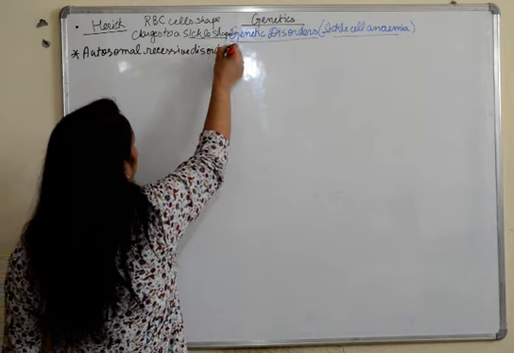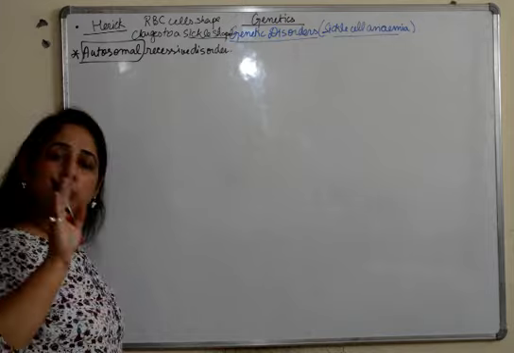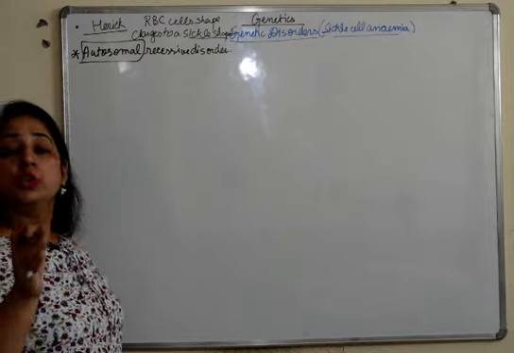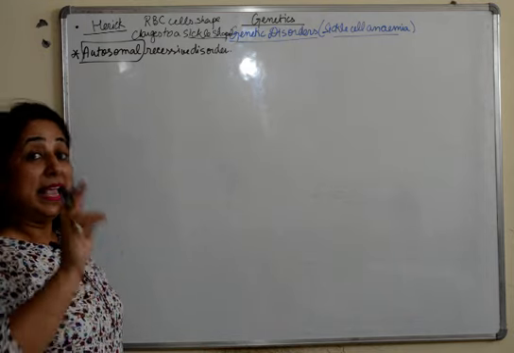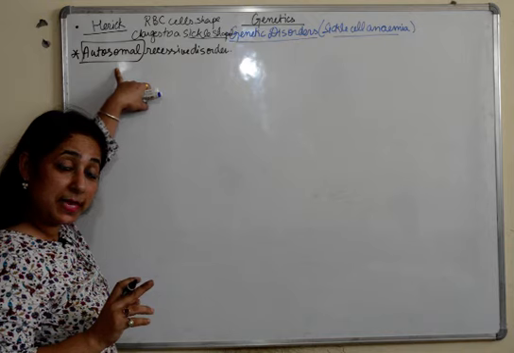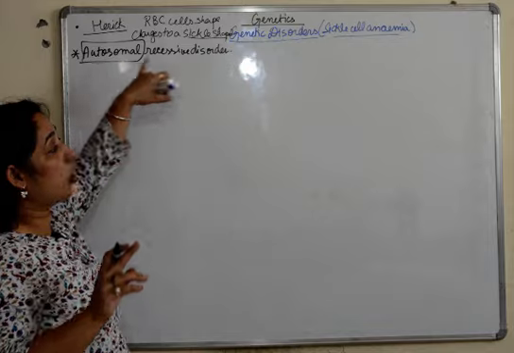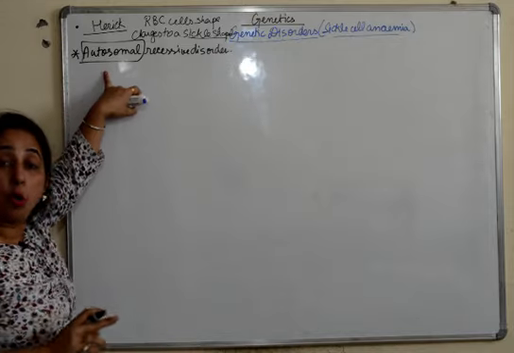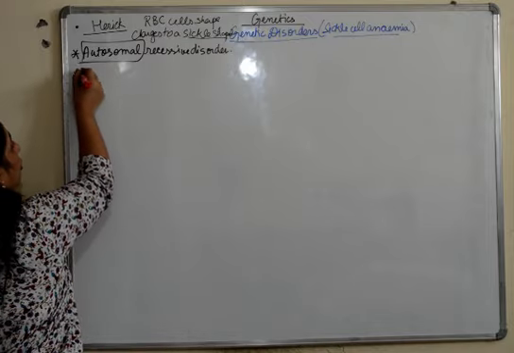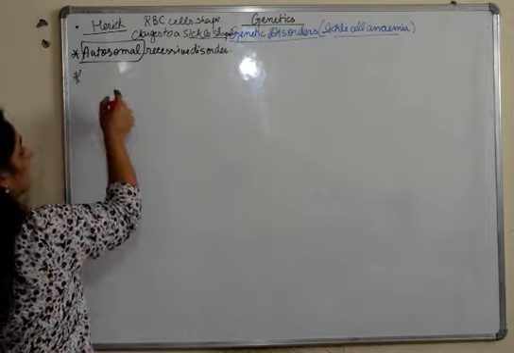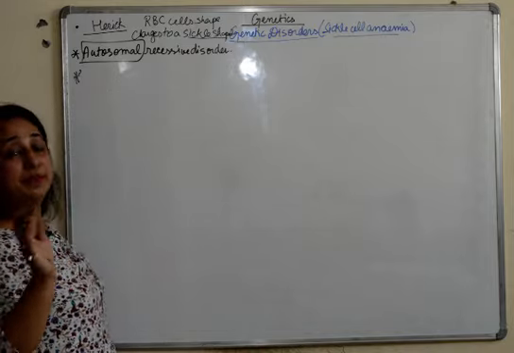Now, when I say autosomal, there are two types of chromosomes, autosomes and sex chromosomes. Autosomes are the first 22 pairs and the last pair is the sex chromosome. Here, this is an autosomal recessive disorder wherein the factors which are going to cause these disorders are present on the autosomes, the first 22 pairs, and as they are present on the autosomes, the chances for this disorder, sickle cell anemia, to be in males and females is 50-50%.